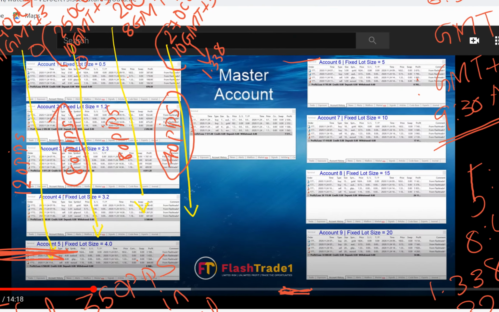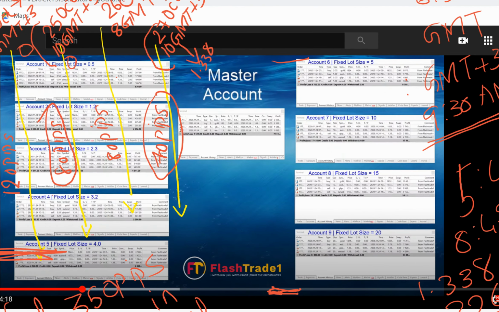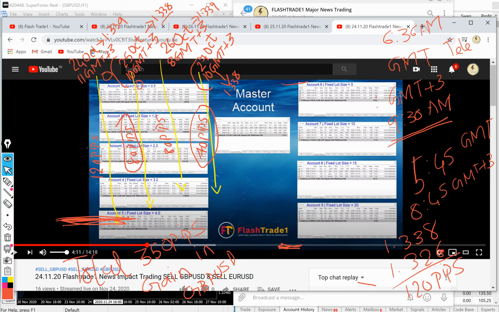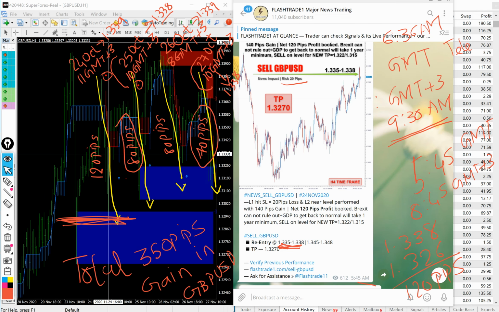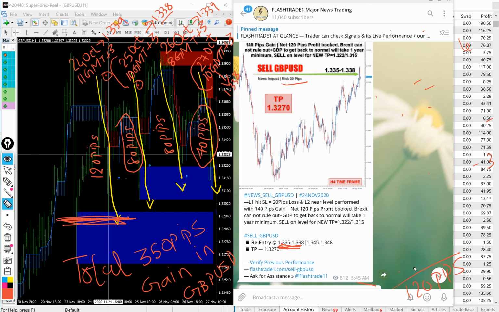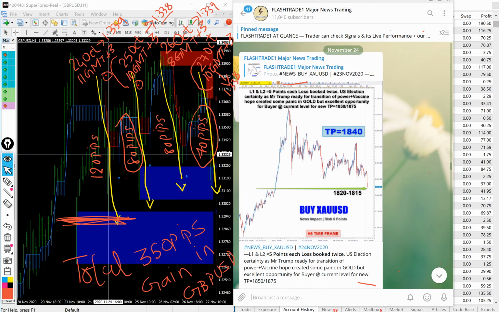Also you can verify the profit in the other 9 accounts which are being traded, all with different lot sizes. So this is how, based on the supply demand indicator, using the trend indicator, using our different broker volume data, using fundamental analysis, we traded GBP USD. Not only this, not only based on supply and demand, but I would also like to show you something.